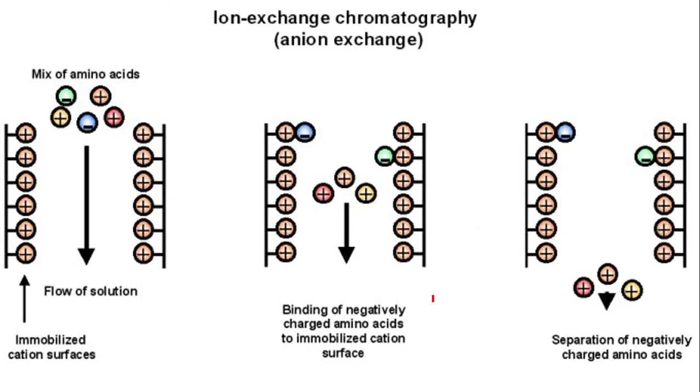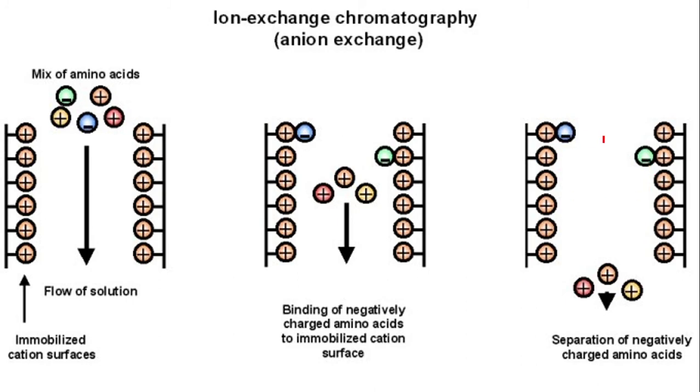Here the same thing is given in the form of another diagram. It's very clear. The beads are having positive charge. So we know that the negatively charged particles are attracted towards these positively charged resins, while the positively charged particles are moving faster and they reach the other end of the column. Suppose we want to get the negatively charged particles also, then what we should do?